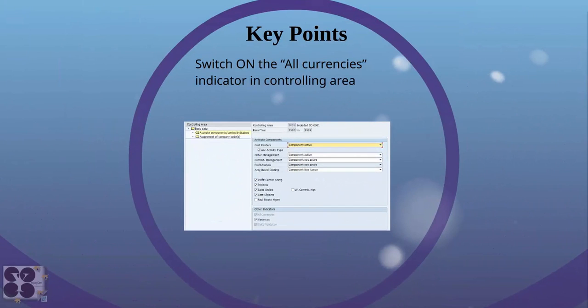Then another key point: switch on the all currencies indicator in the controlling area. Why is it important? If we have multiple companies in multiple countries, we will probably have multiple currencies. For example, Canadians will have Canadian currency, Mexicans will have the Mexican peso, Indians will have Indian rupees, a US company will have USD, and the British will have their GBP as a currency, or euro. So if we have multiple companies assigned to a controlling area, it is very important to note that we need to check mark